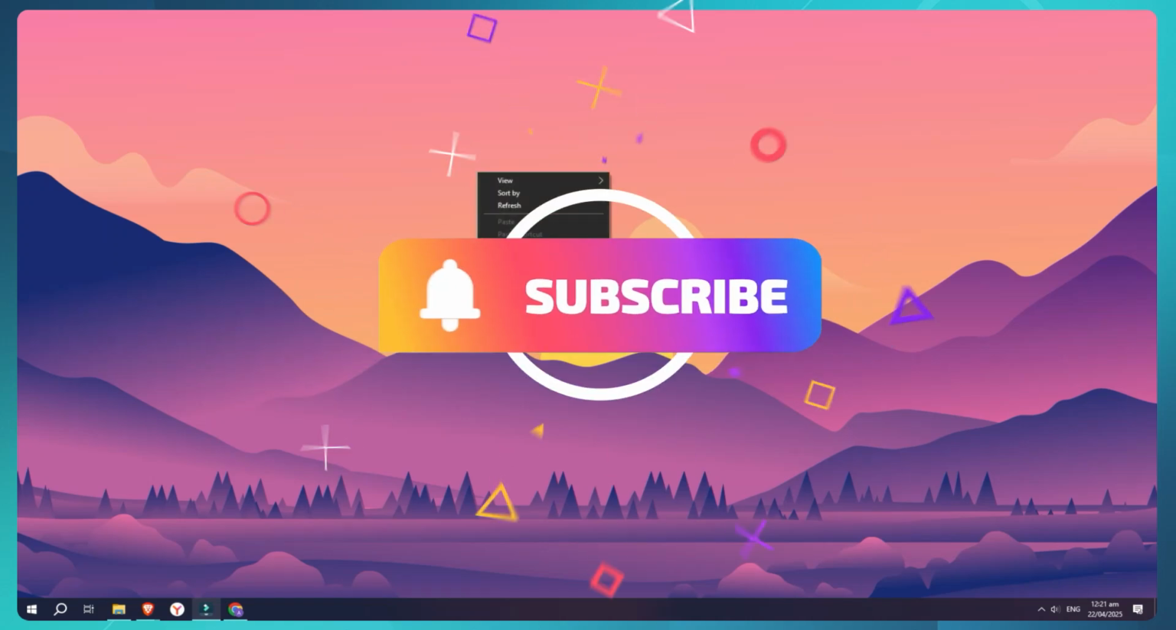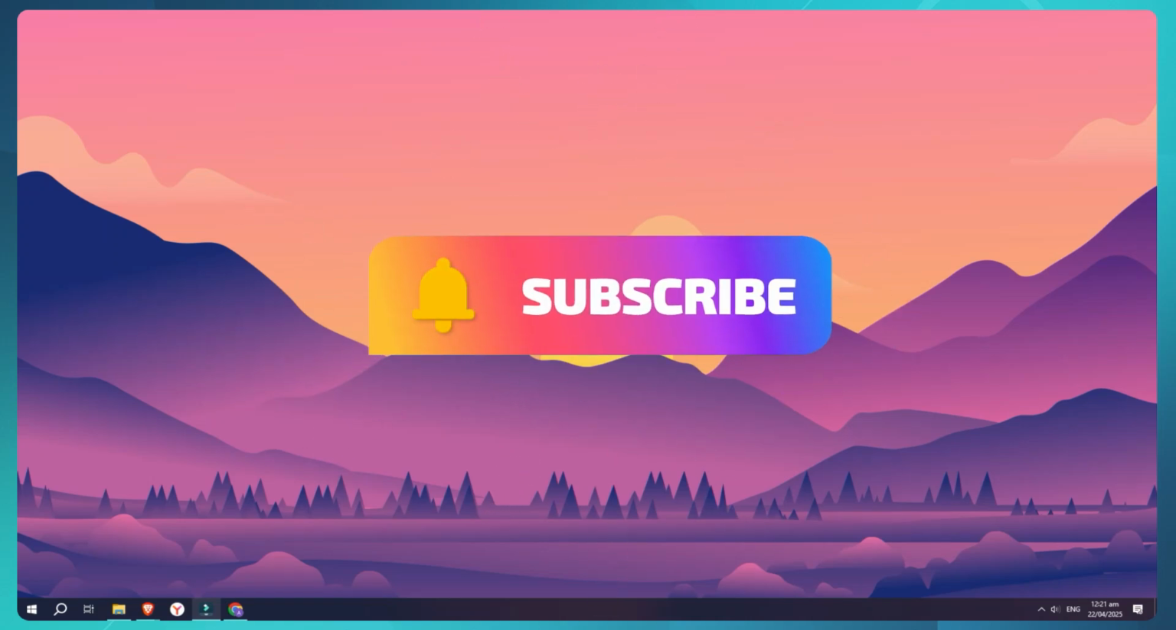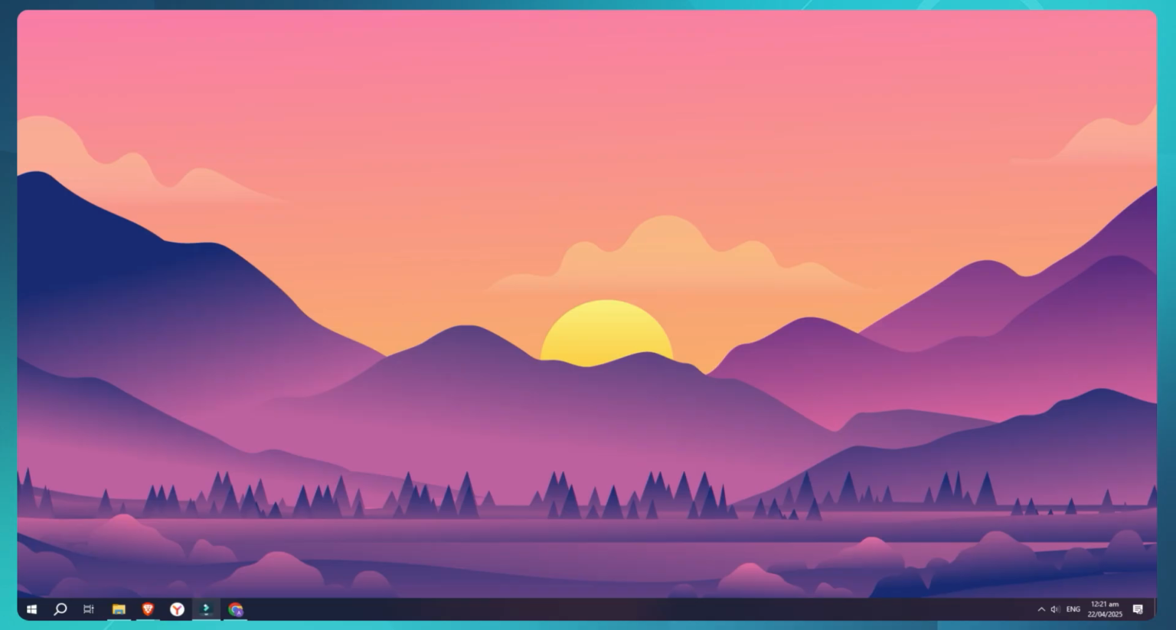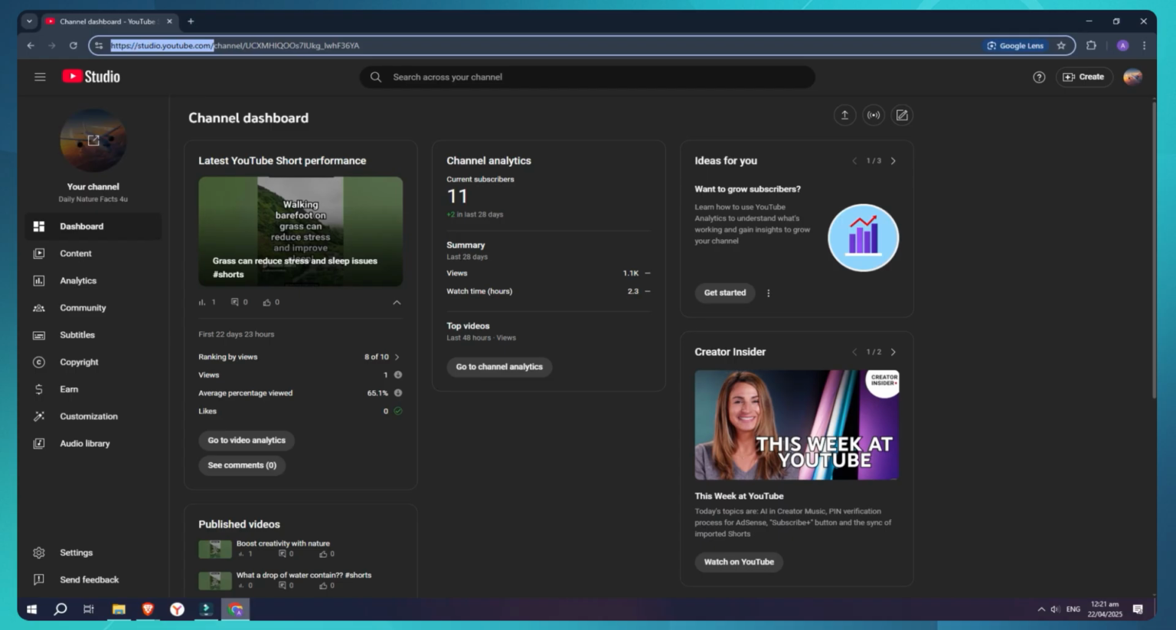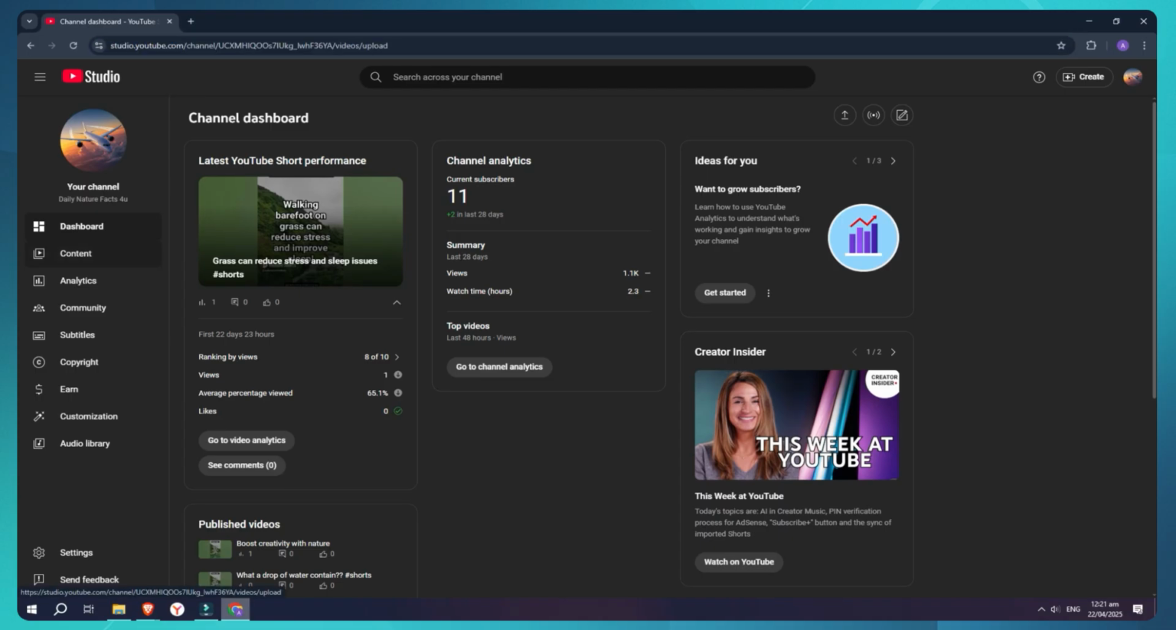If you need to cut out a part of your video after uploading, here's how you can trim videos in YouTube Studio so you don't have to re-upload your content. For that, you have to open studio.youtube.com in the browser in which you have your channel logged in, and then you have to tap on Content